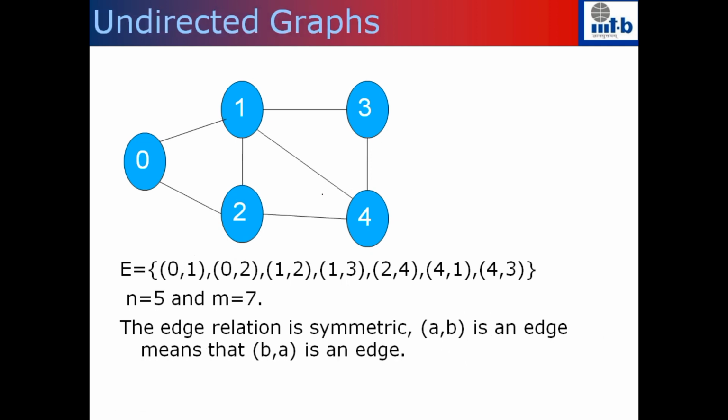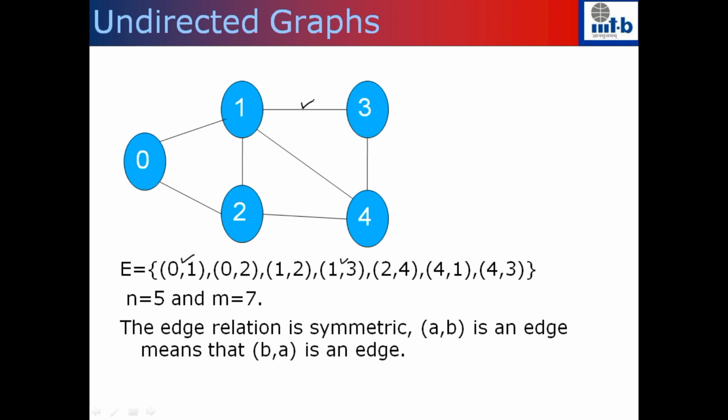Whereas in the undirected graph, the relationship is symmetric. So when A is related to B, that means that (A, B) is an edge in the graph and (B, A) is also an edge in the graph. So we will only have AB in the collection of edges, and pictorially we represent it by just drawing a line. There is no direction. When there is an edge from 0 to 1, 0 and 1 are related, and this relationship is symmetric. The notations are exactly the same. When there is an edge from 0 to 1, we connect 0 and 1. If there is an edge from 1 to 3, we connect 1 to 3.